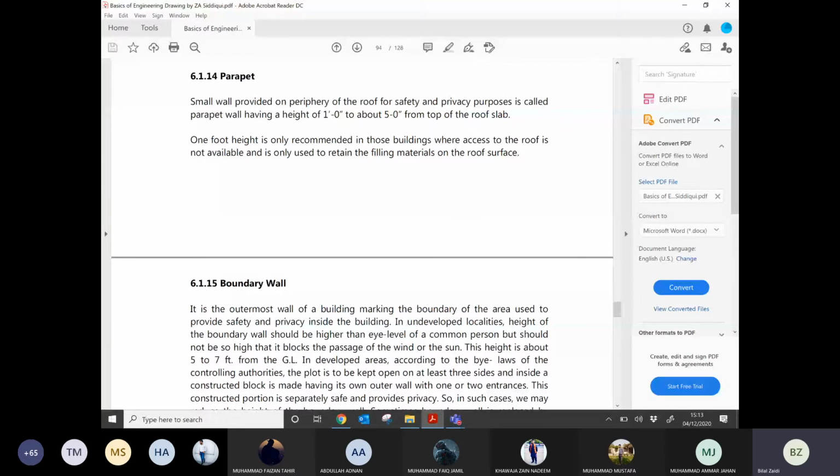Sometimes you need to provide some filling material or insulation material so that there is a minimum heat transfer from the roof slab to the underlying building.